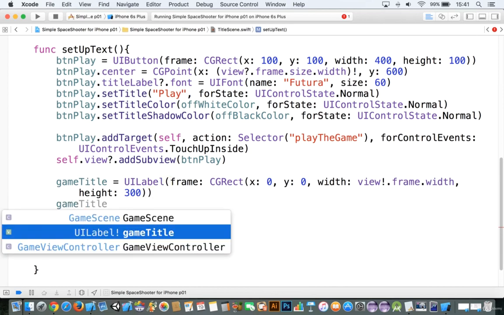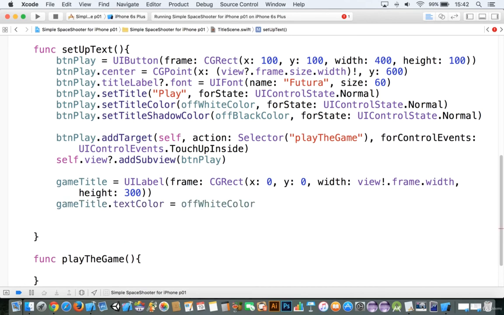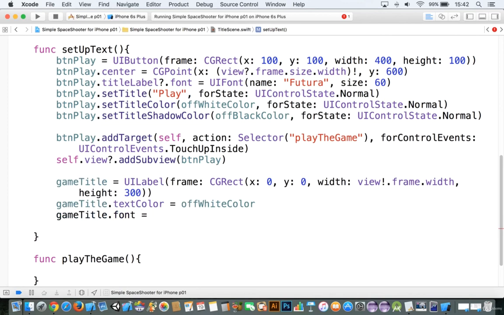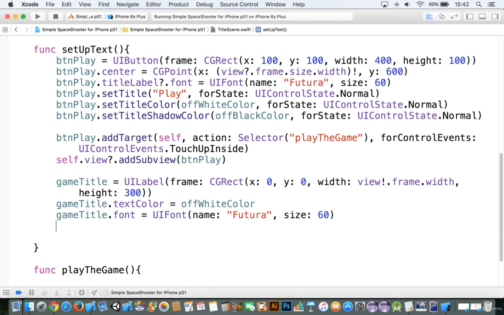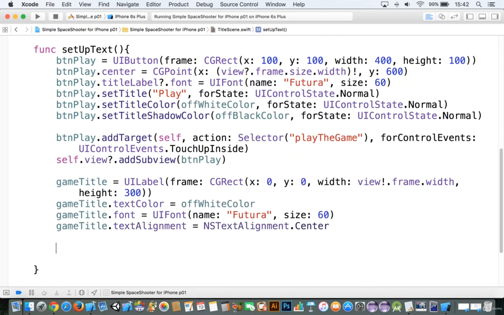All right, game title dot text color is equal to off white color. Game title dot font is equal to UI font, and it's going to be Futura, and the size will be, well, 60. All right, we'll say game title dot text alignment is equal to NS text alignment dot center,